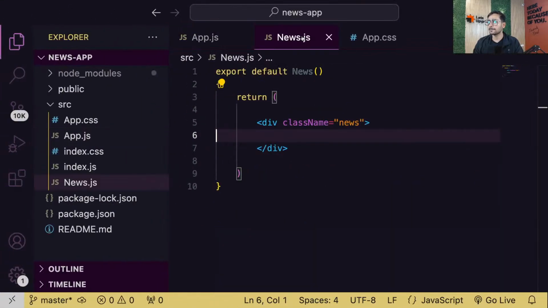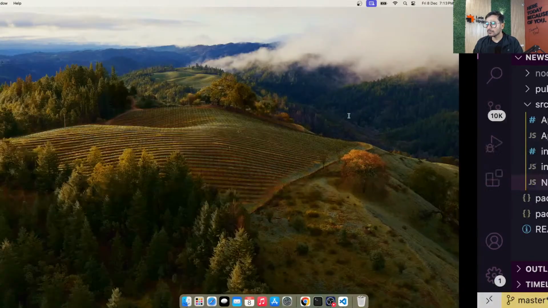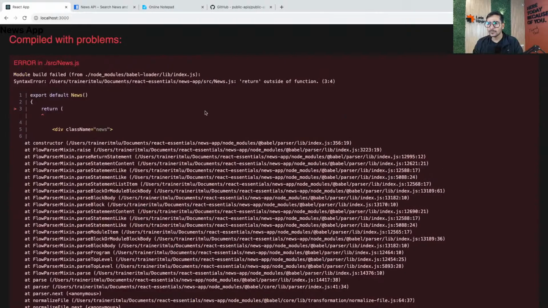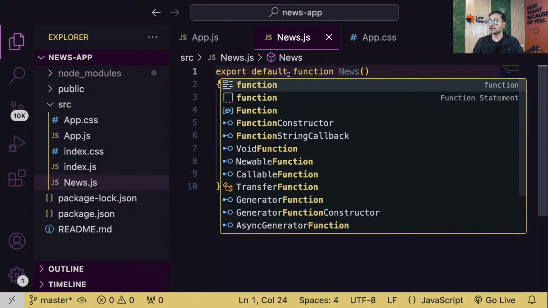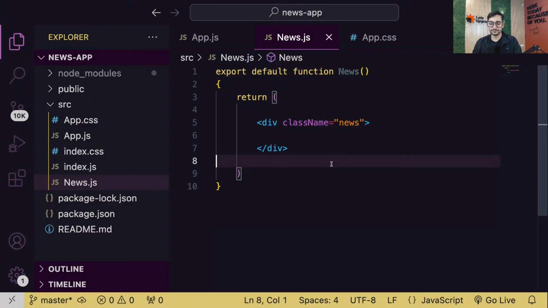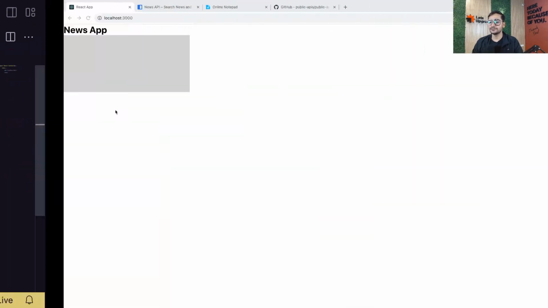Let's see what that is. Build failed, return outside of function. Oh, sorry. How can I forget the function keyword? Okay, now it should be fine.